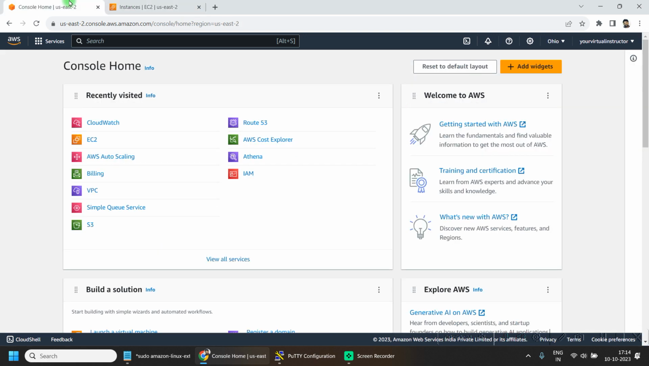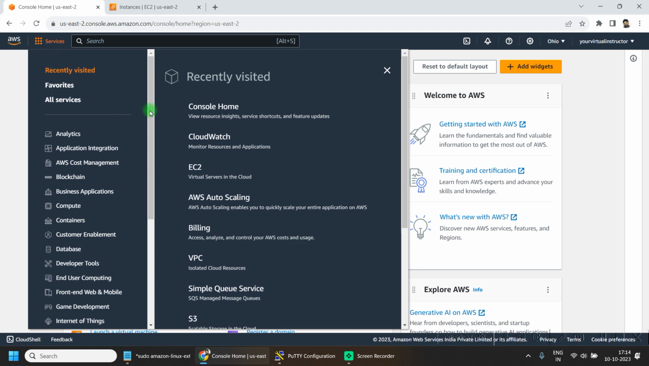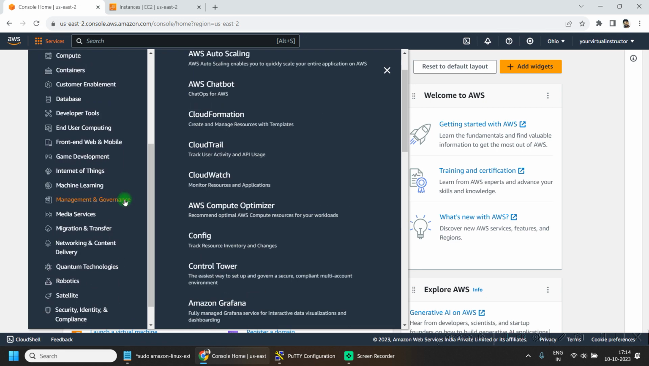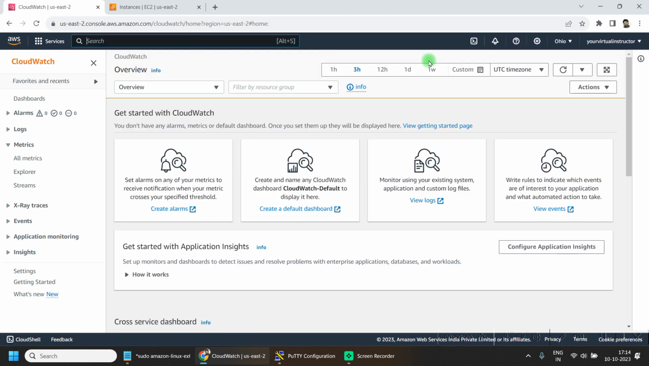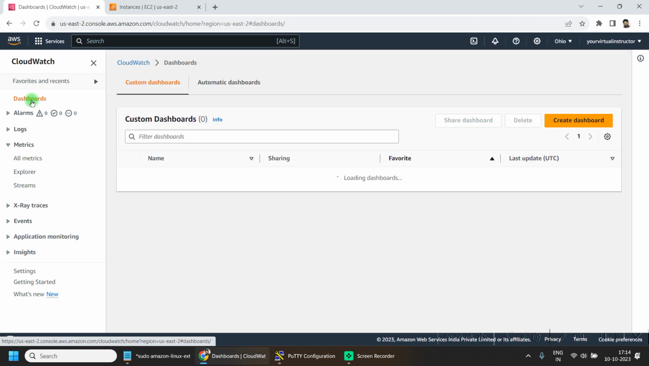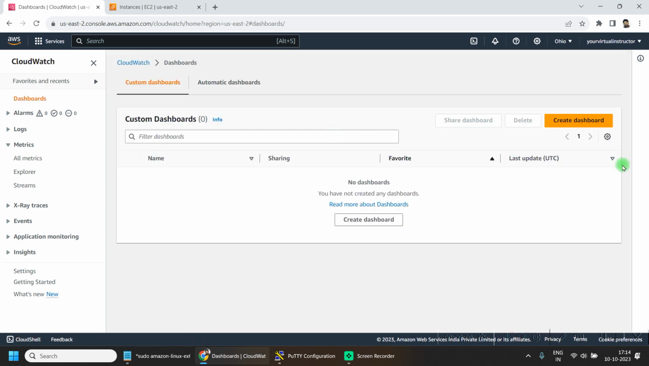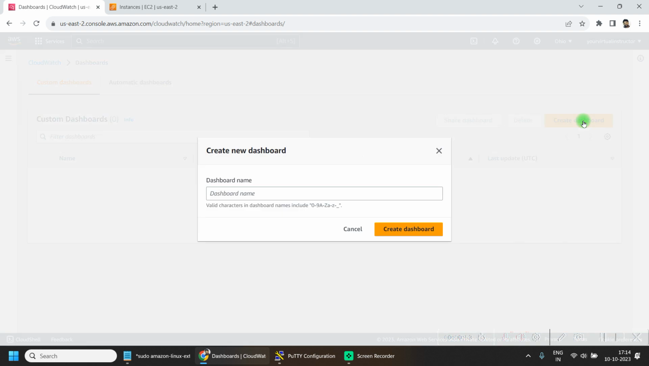So if I go to my console home and click on services and scroll down under the management and governance, I can go to the CloudWatch. I can also search for CloudWatch from the top search box in the AWS console. In the CloudWatch dashboard, on the left hand side menu, if I click on dashboards, let's hit on create dashboard here, give it a name, let me name it as EC2,